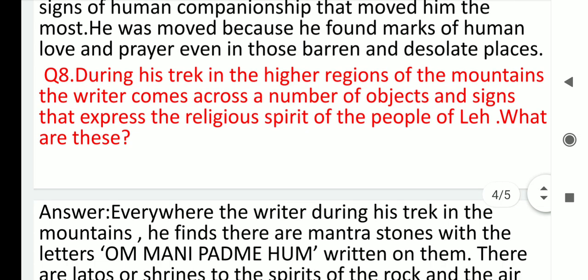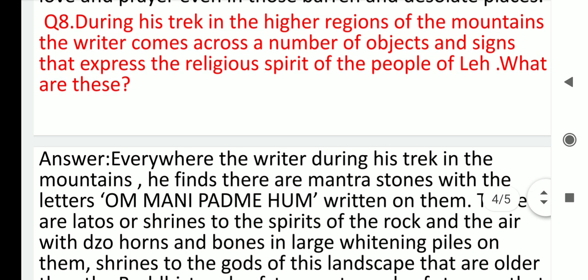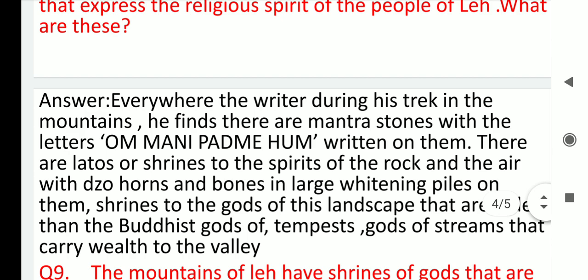Now, question number 8. During his trek in the highest regions of the mountains, the writer comes across a number of objects and signs that express the religious spirit of the people of Leh. What are these? Answer: